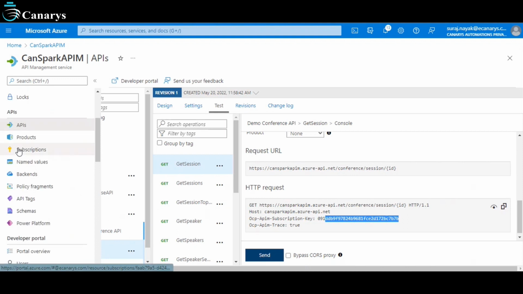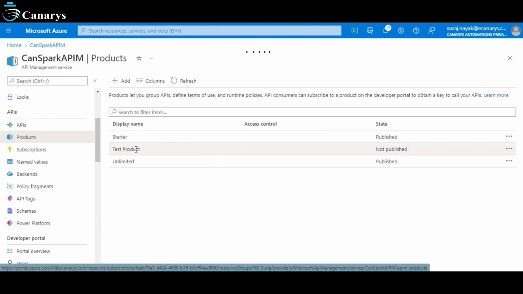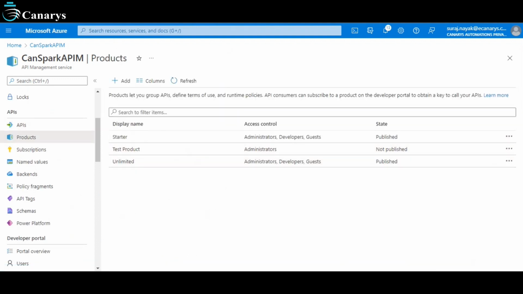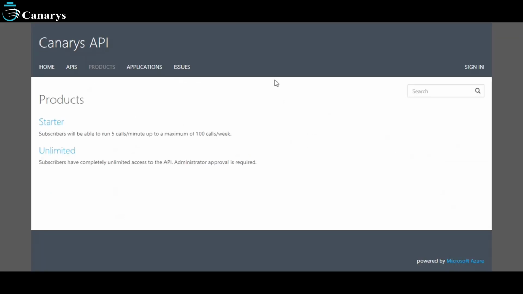So I'll show you the products here. You can see that these are 3 products: starter, test product, and unlimited, right? But only these 2 are published. You can change the status to publish or unpublish, right? Because this test product is not published publicly, if somebody is not logged in, he won't be able to see this. So this is about